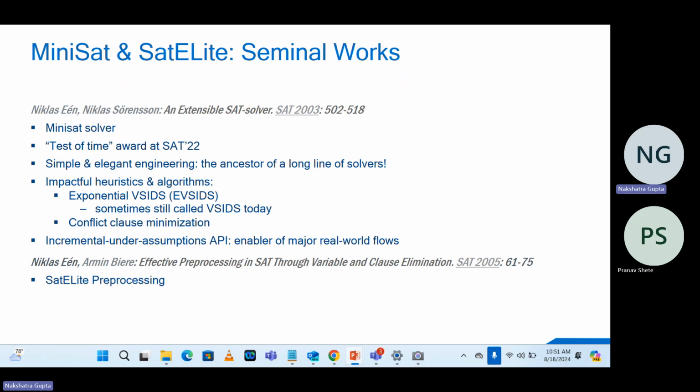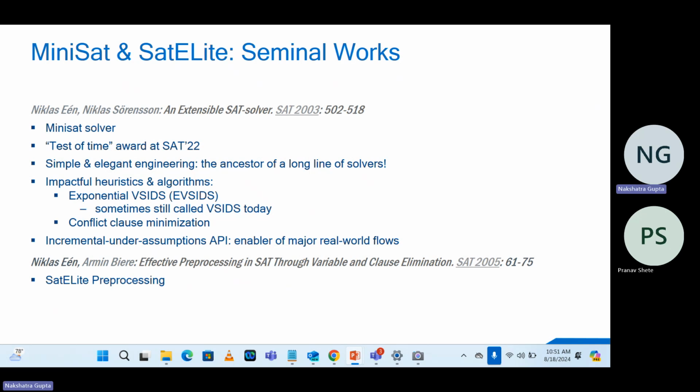Additionally, it has some useful heuristic techniques like exponential limit to go over and on optimization. And one very, very useful feature with API, is an API which enables incremental fast fundamental fast. And it's an enabler of major real-world flows. Then there's also a satellite preprocessor, which is also breakthrough, and it's one to solve very complicated